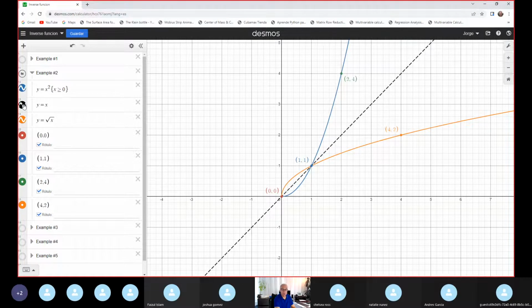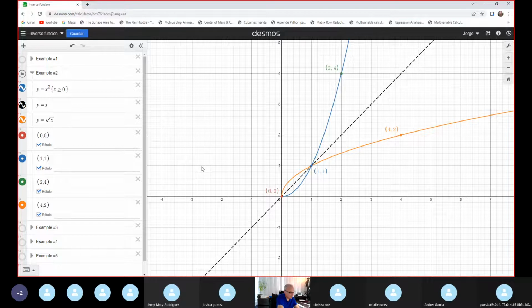Well, I put different points to illustrate the idea: 0, 0, 1, 1, 2, 4, and 4, 2 in the orange. Cool. Yes. Super, right? Okay, now I want to